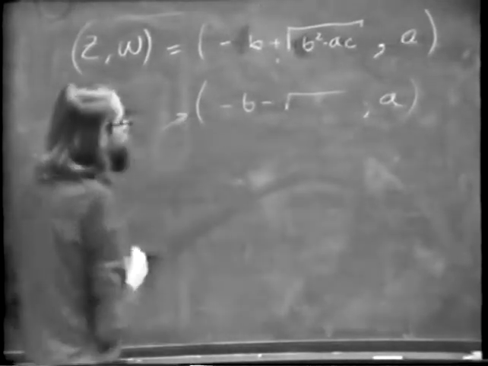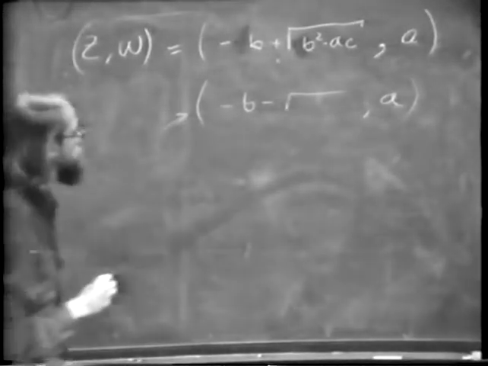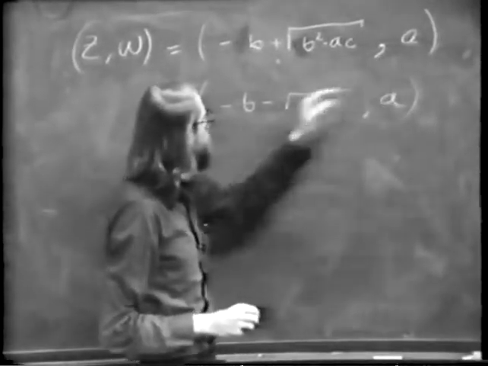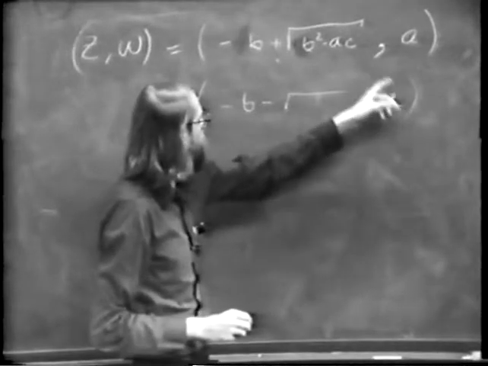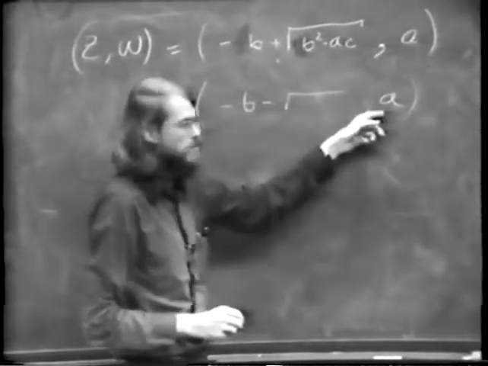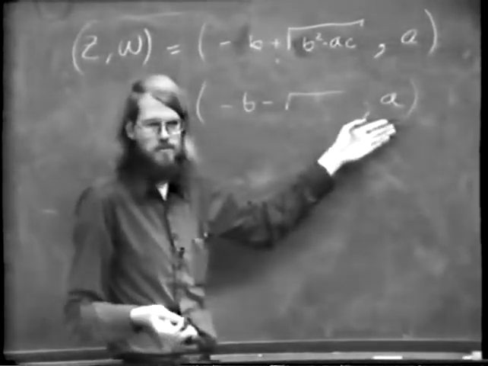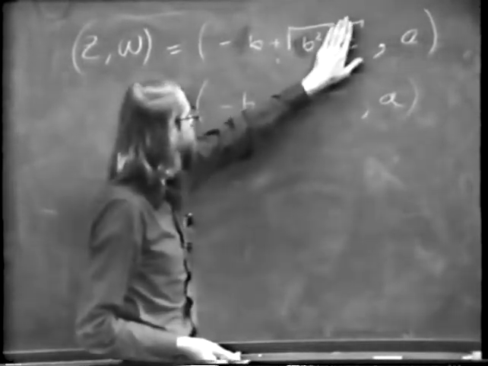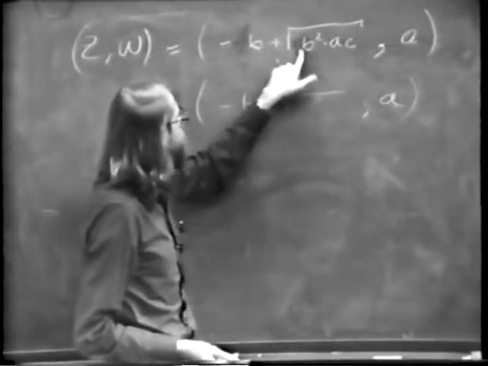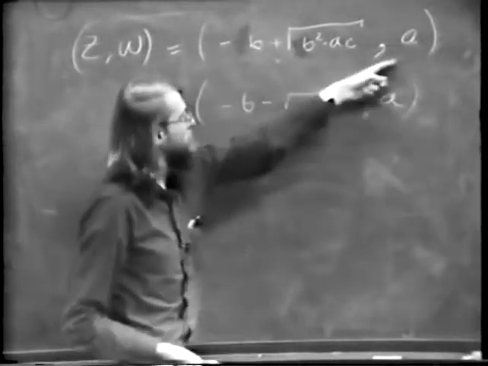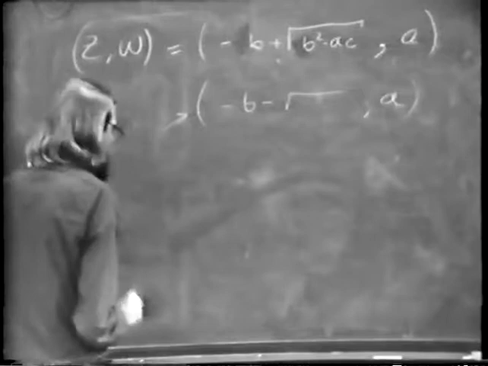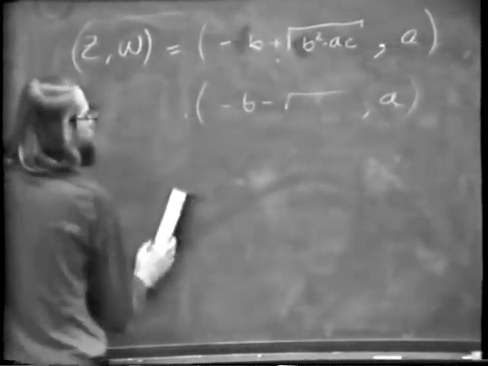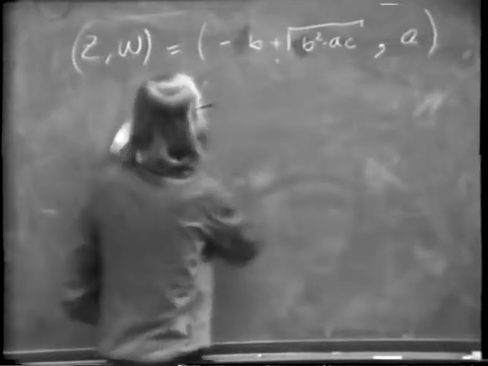Trouble with this is if a is equal to 0, we're going to come up with a sort of a singular case here, because we're going to wind up with 0, comma 0. G over W is 0. B squared minus AC. If A is 0, this is B squared. Up here, square root of B squared minus B is 0, and then A is 0. Nasty. So it's possible to write this in a somewhat different way as